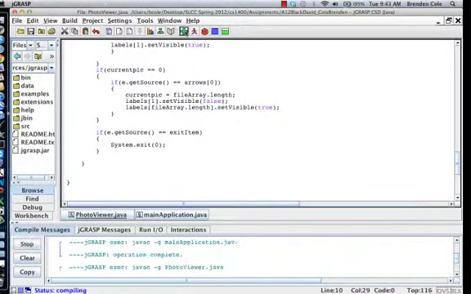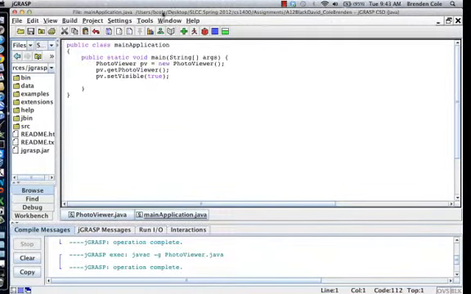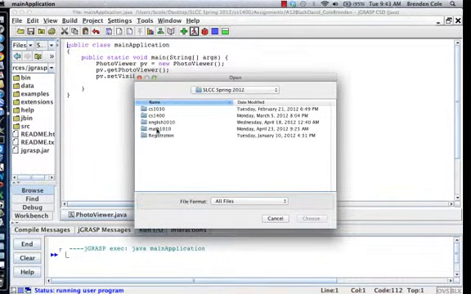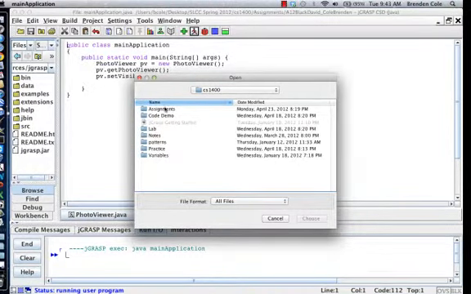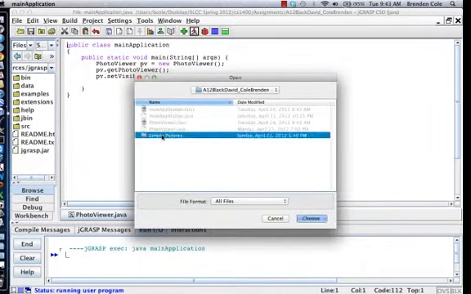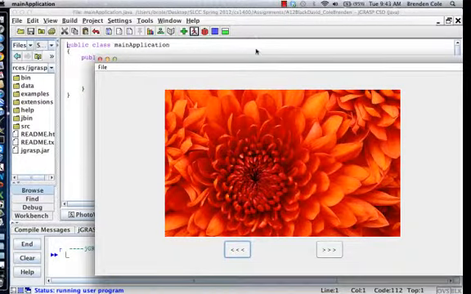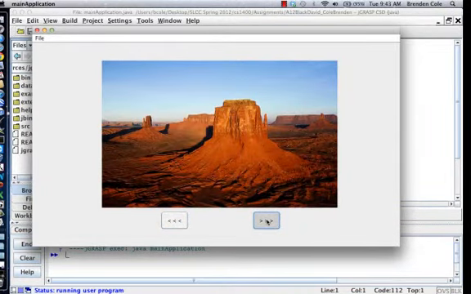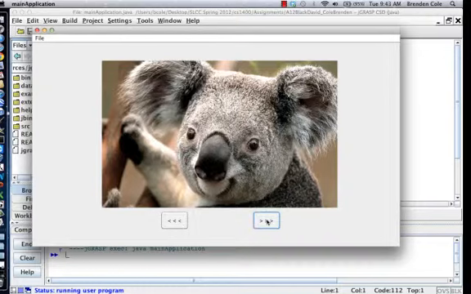So let's go ahead and run it, and I'll kind of show you what it does. It's first going to ask you where the images are located, and we've actually created that in here under sample pictures. So there's 7 sample pictures inside of here. We're going to go ahead and choose that, and this is our application folder. This is actually the JPane right here, and as you can see, we can actually go through these pictures,